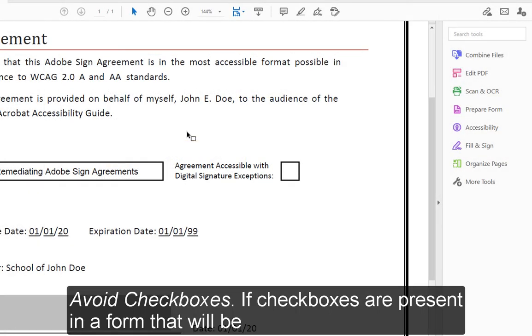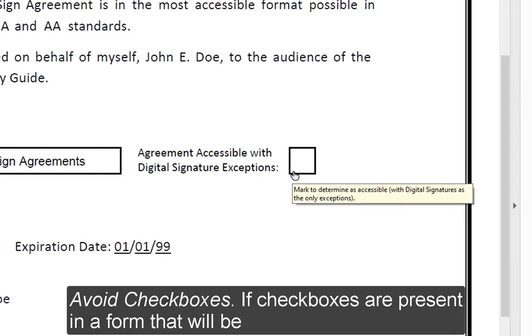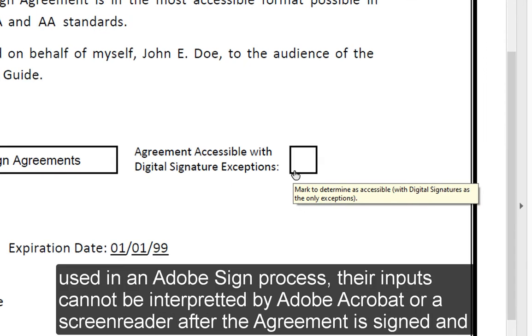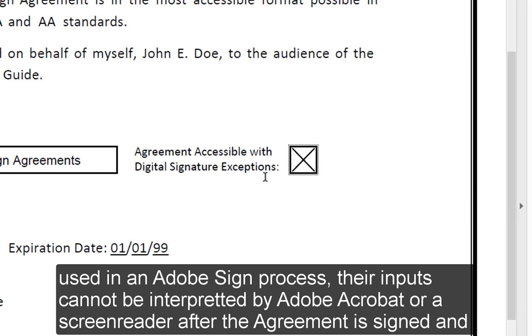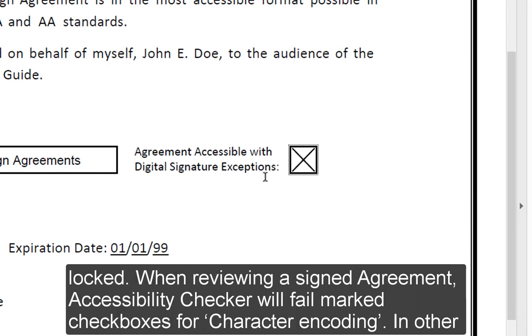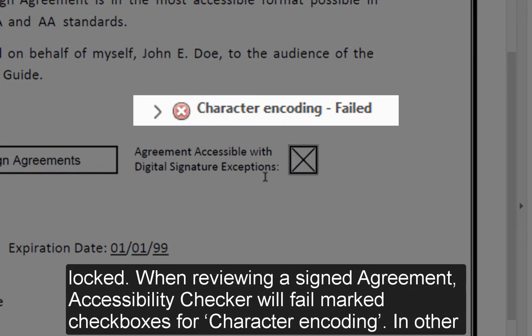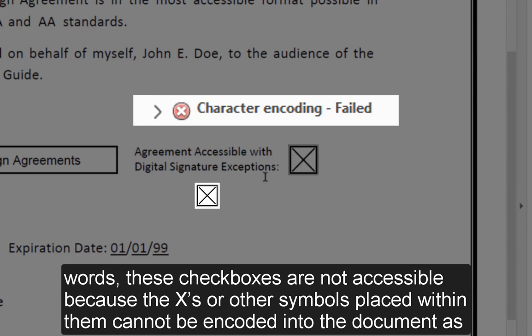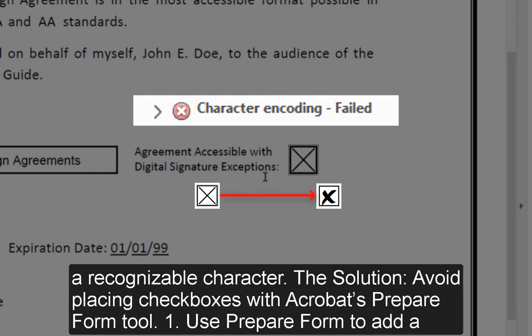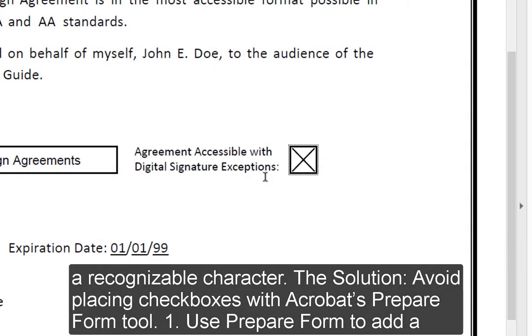Avoid checkboxes. If checkboxes are present in a form that will be used in an Adobe Sign process, their inputs cannot be interpreted by Adobe Acrobat or a screen reader after the agreement is signed and locked. When reviewing a signed agreement, Accessibility Checker will fail marked checkboxes for character encoding. In other words, these checkboxes are not accessible because the X's or other symbols placed within them cannot be encoded into the document as a recognizable character. The solution: